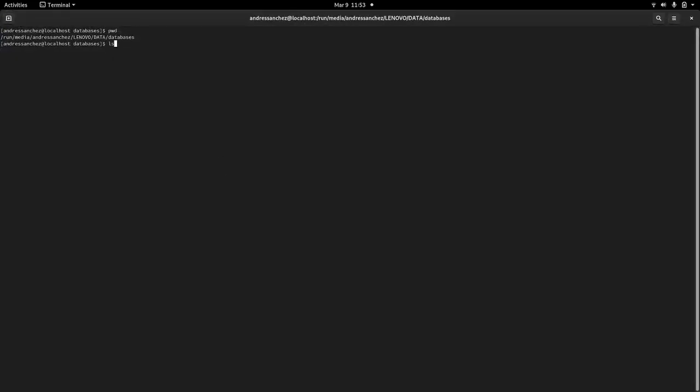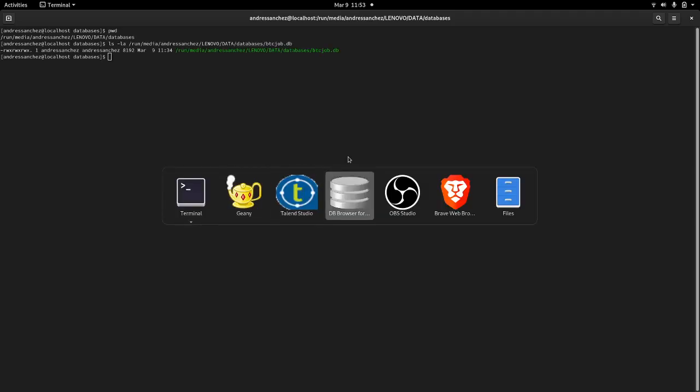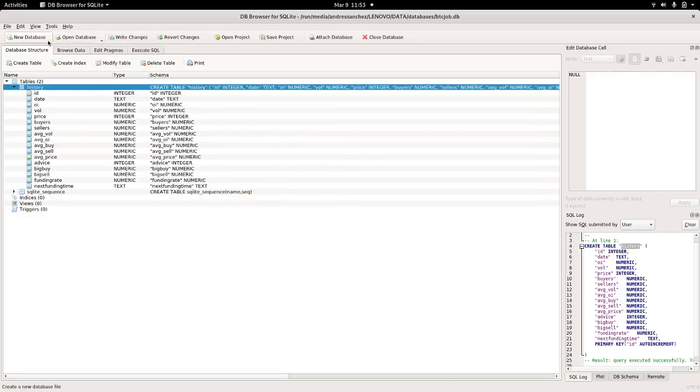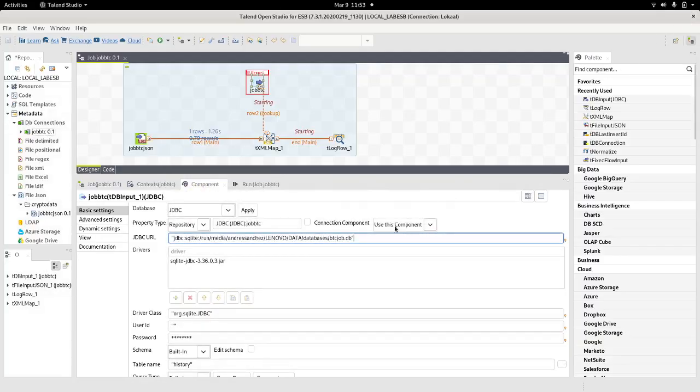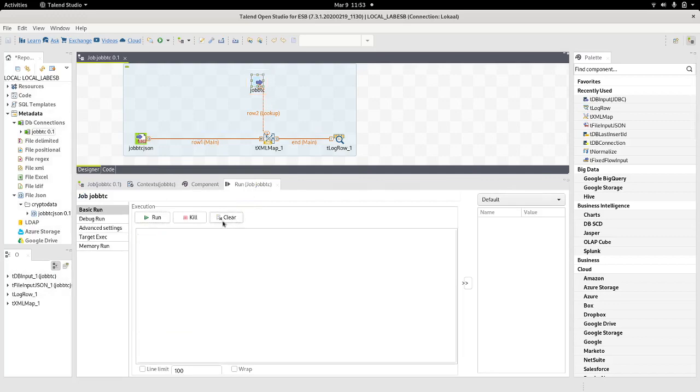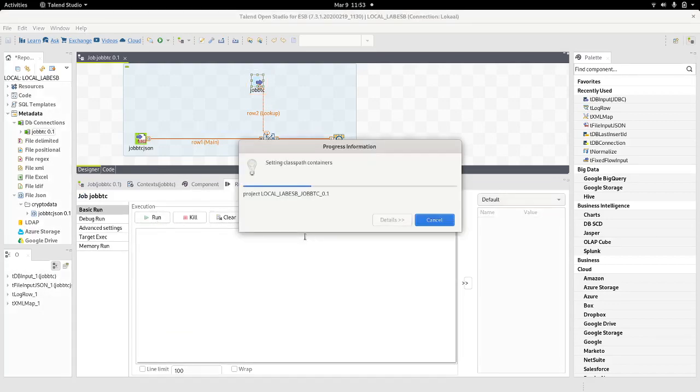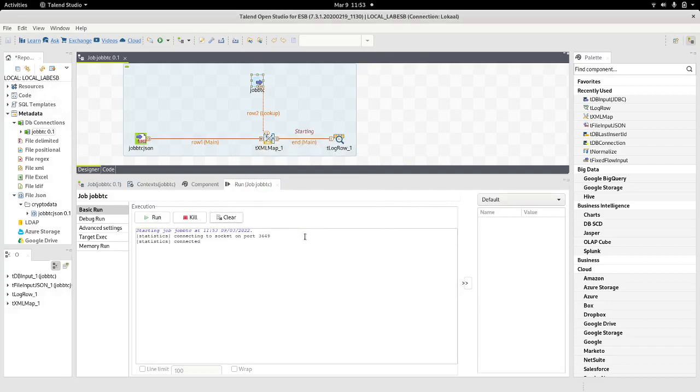So I want to see, okay, is this a real database? Yes, it is a real database. Maybe I didn't save this database, right? Because actually I haven't written the changes. So I write changes here, and let's try again. That might be the case. I didn't write the changes, so I try it again. And there you go. It went